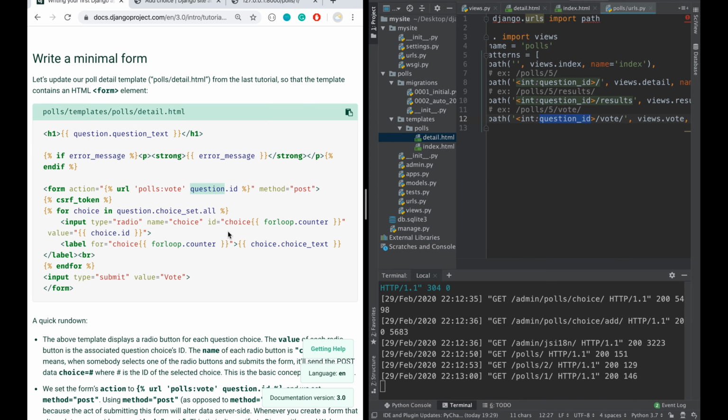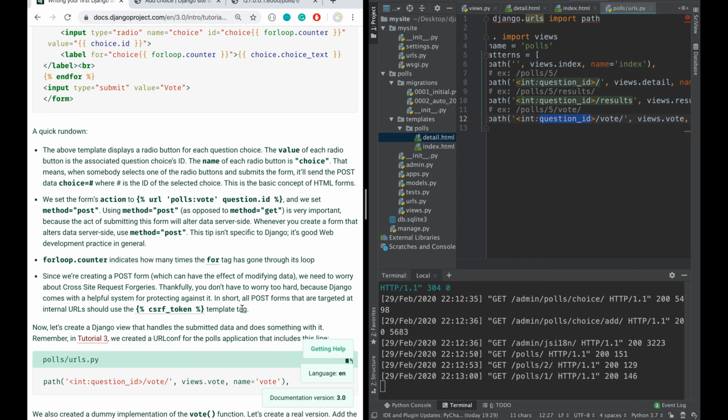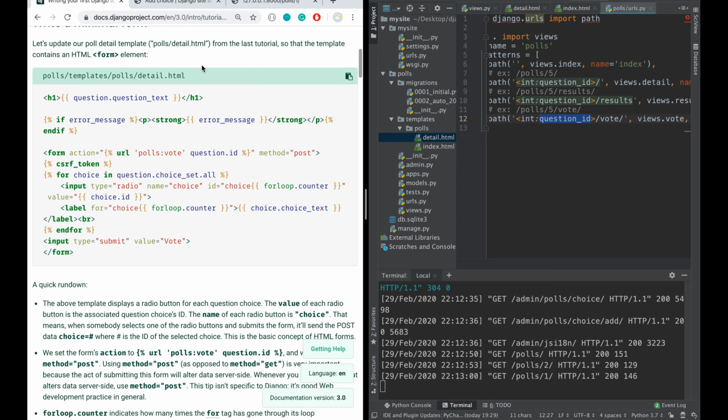Yeah, and method is post, which is the best method, because we shouldn't use method get when we are doing anything with the database. And this is CSRF token. So CSRF is used to stop cross-site request forgeries. So this also secures our application. So we should use this